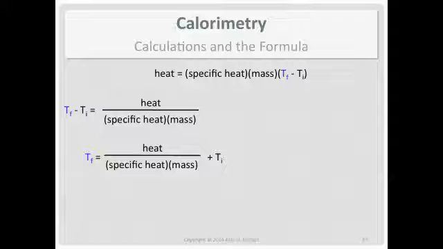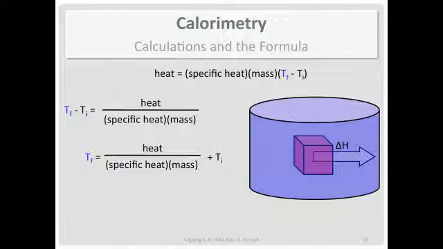Let's look at a picture. There's my cube of metal in my water sample. It's cooling down. Do you see what I did wrong? It's when I set it up. That's an exothermic process with respect to the cube. Therefore, what I did was, look at the top formula, I forgot to put the sign in. Exothermic gets a negative sign because it's heat being transferred out of the system.